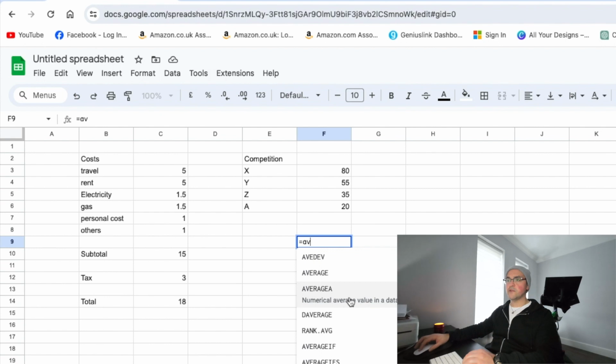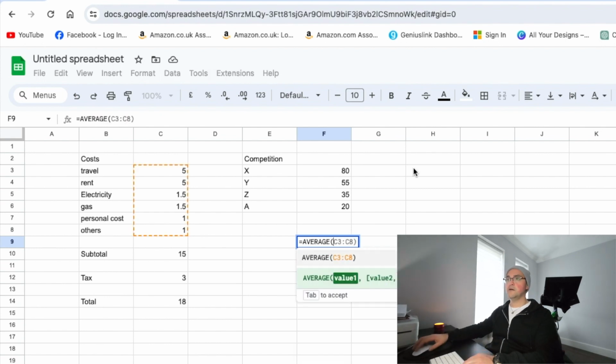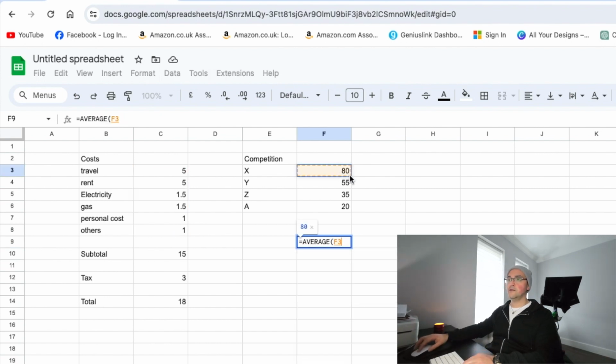So now we want to have an average of all these numbers. So we're gonna take the average formula from here and try to bring it all the way down. People on average charge £47.50 in this area where I'm living.